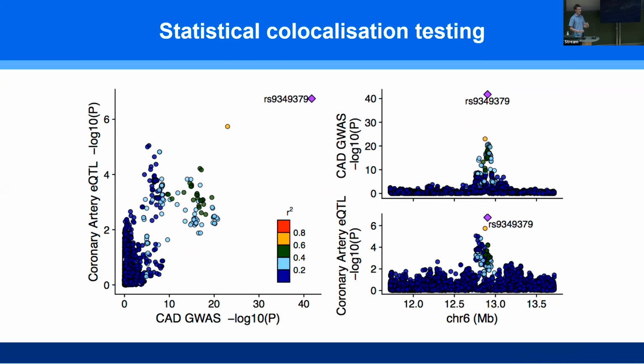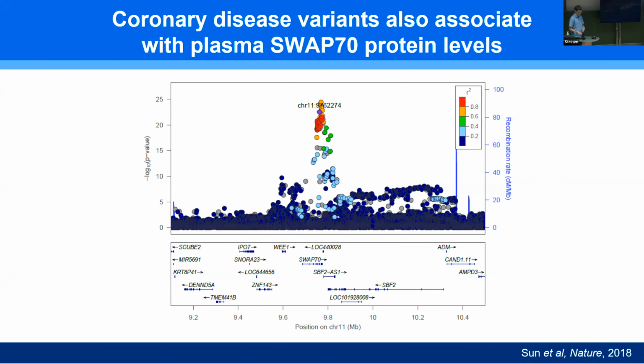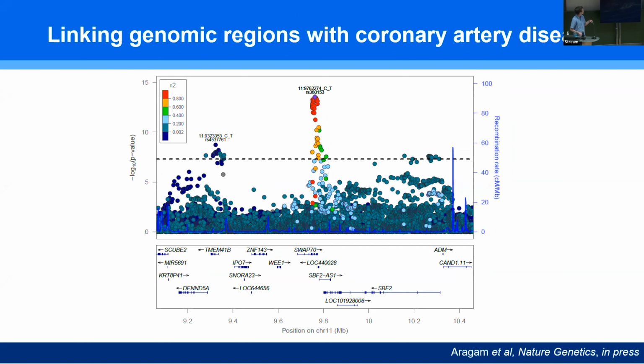I've alluded to this already, but one of the things we want to do is, we can get very distorted or confounded by the correlation structure here. So quite a lot of the time, if I just take the top variant here for heart disease, and I just look it up in lots of the published literature, I will be bound to find lots of small p-values. But what I don't know when I just look at that variant is whether I'm picking up the top of a peak of association, or I'm just picking up one of these, perhaps the tail, if you like,